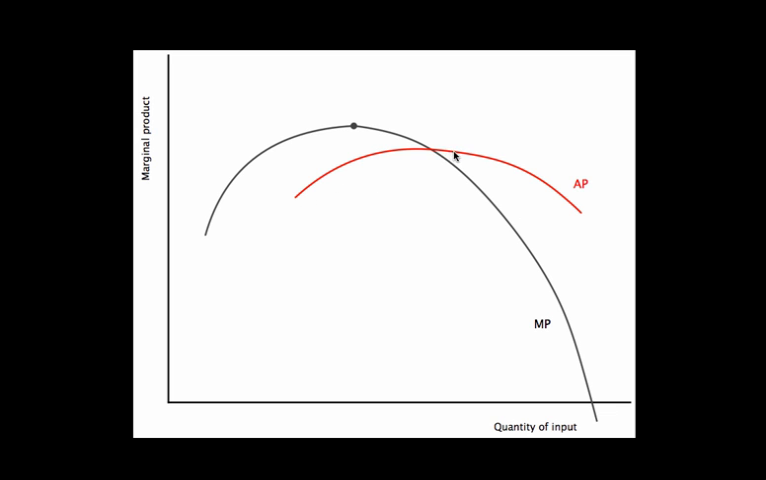Now this is not going to be as crucial for us as some of the other averages that we're going to see in a minute, but this still represents essentially productivity. So it's on average, how much is my variable input producing? So that's what average